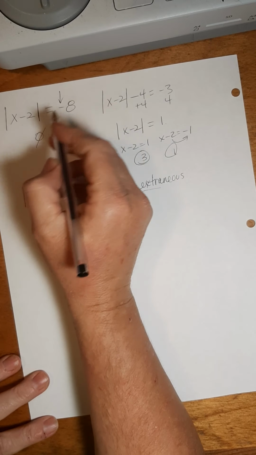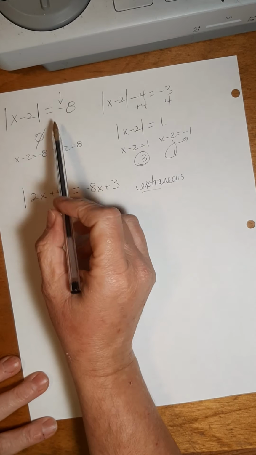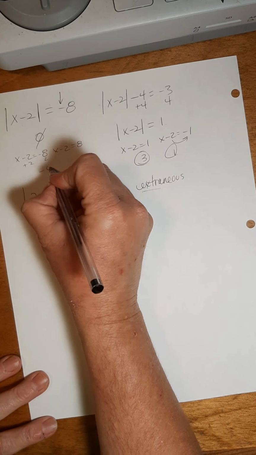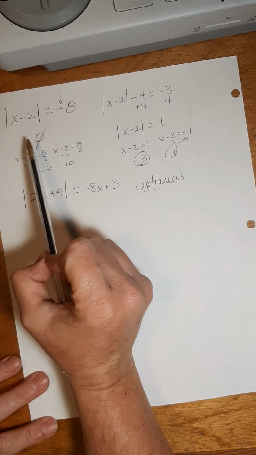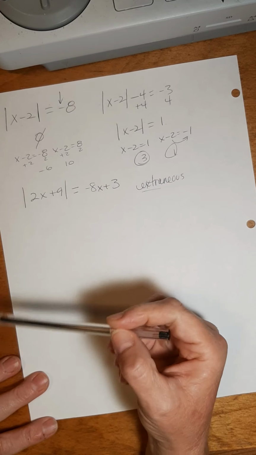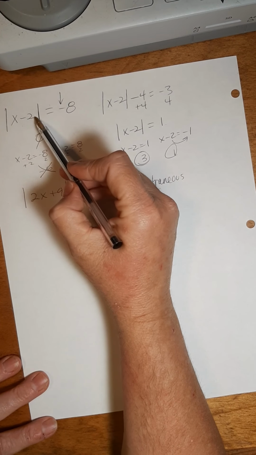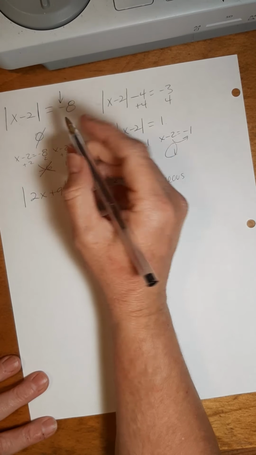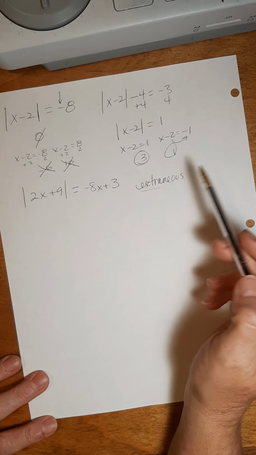Just like up here, if I were to say x minus 2 equals negative 8, x minus 2 equals 8, and ignore the negative and the fact that it doesn't exist, notice how you could still solve it and get negative 6 and 10. However, when you plug it in, negative 6 minus 2 is negative 8, but the absolute value is positive. So it doesn't work. Just like if you plugged in 10, 10 minus 2 is 8, but the absolute value of 8 is 8, not negative 8. So that's why it's no solution. So that's why you have to plug in at the very end